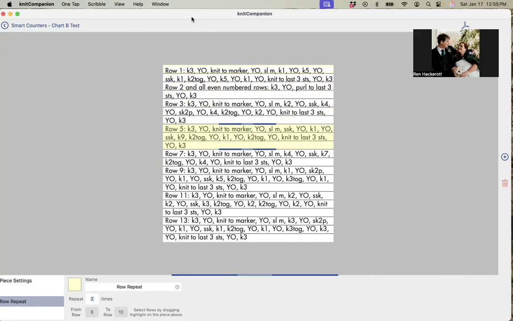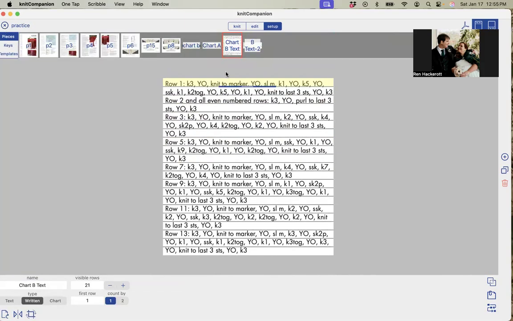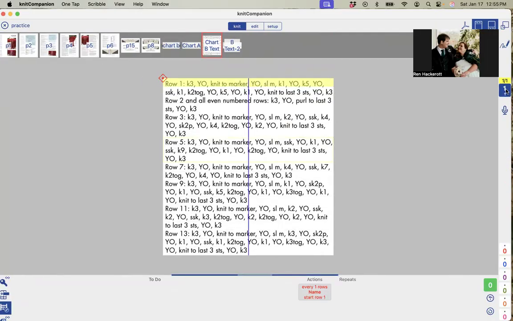And that way, after it's all set up, when you go back to knit it, you're going along, and you see it's kind of highlighted out here in yellow. When you get to that row 5, and you're working along, it'll automatically hop you back to that row 5, and then it will go on. Now, the other thing that you have